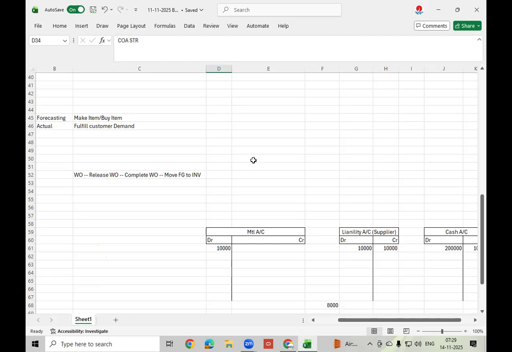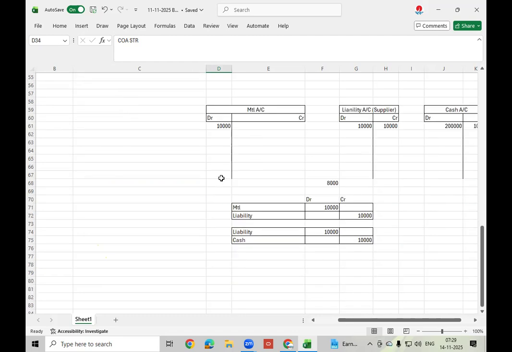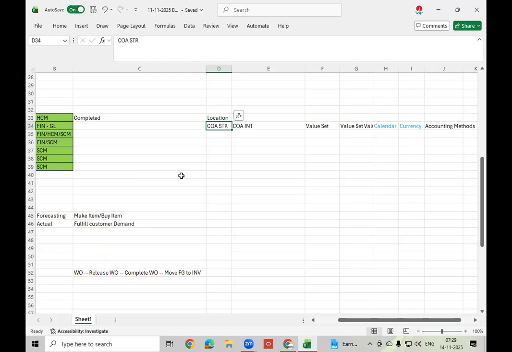Account and company. This is very important to understand, even for consultants of other modules, not only financials.